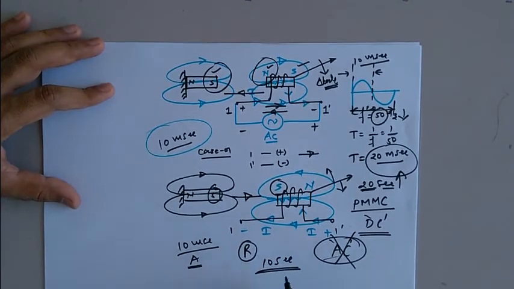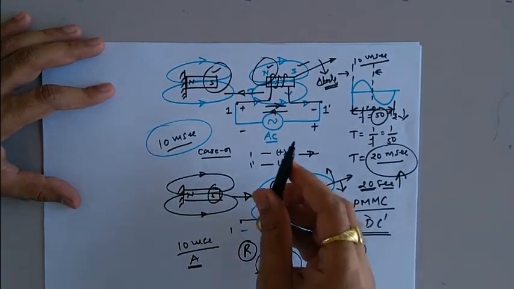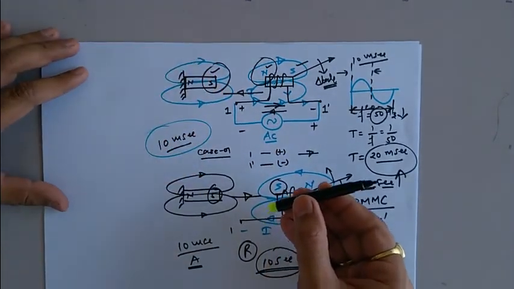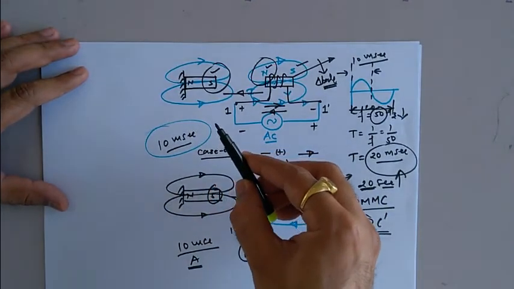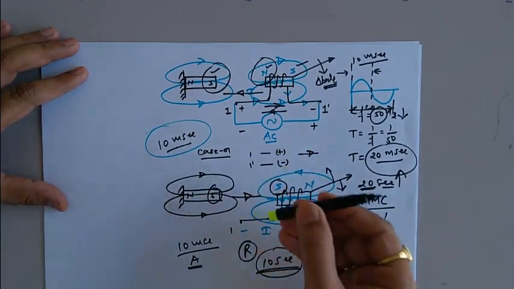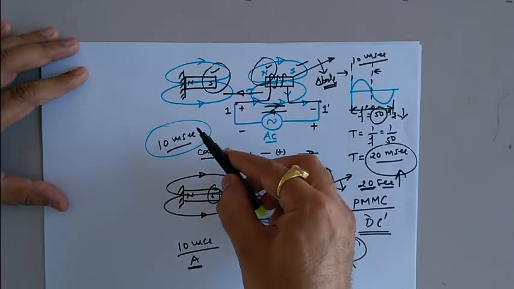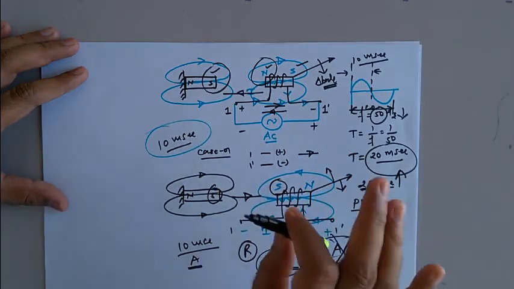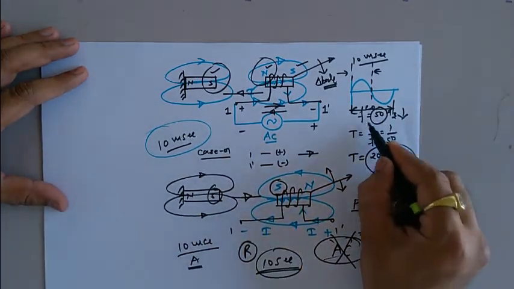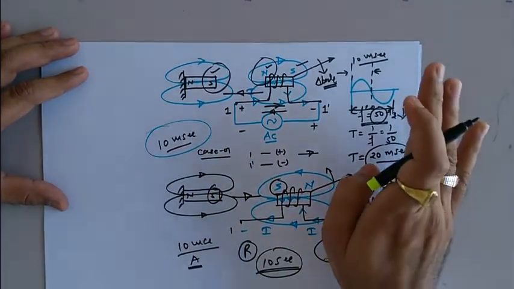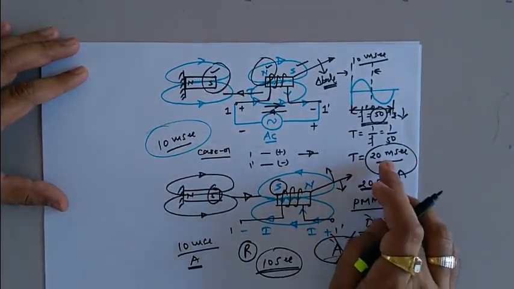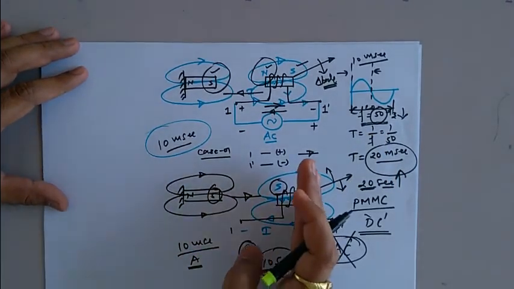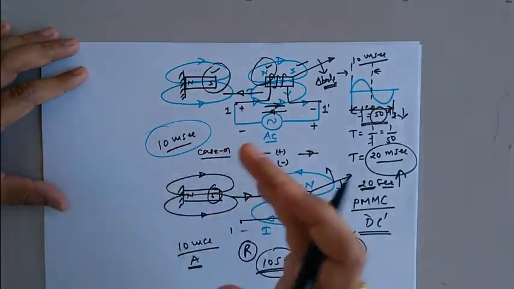So in that case, in the first 10 seconds it may be possible that the pointer will move in clockwise direction and then in next 10 seconds the pointer will move in anti-clockwise direction. So in that case, what will our PMMC type instrument do? It will swing. In first 10 seconds it will move in clockwise and then in next 10 seconds it will move in anti-clockwise. But the thing is that because we don't have flexibility to change this supply frequency, that means it is going to be fixed. In our case, that's why the time period is 20 millisecond, half of that is 10 millisecond. So in that case, PMMC type instrument will not indicate any deflection as an output.